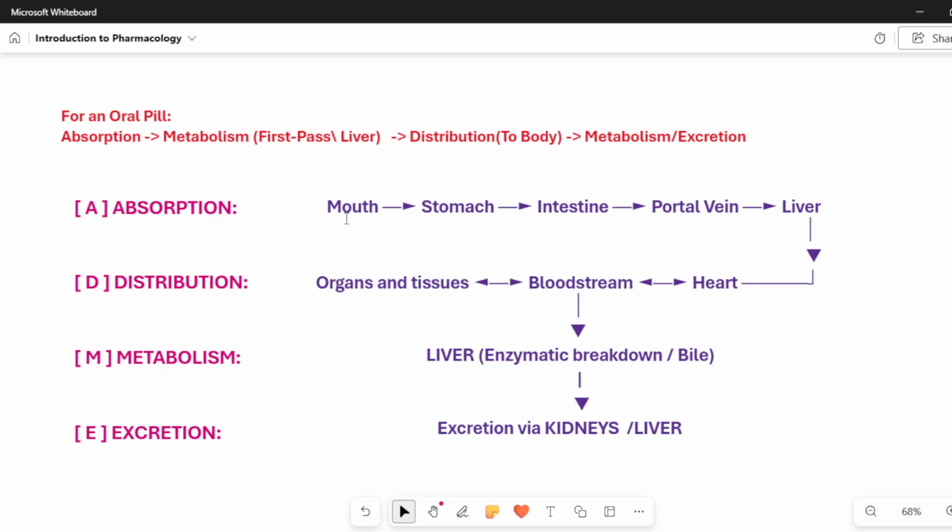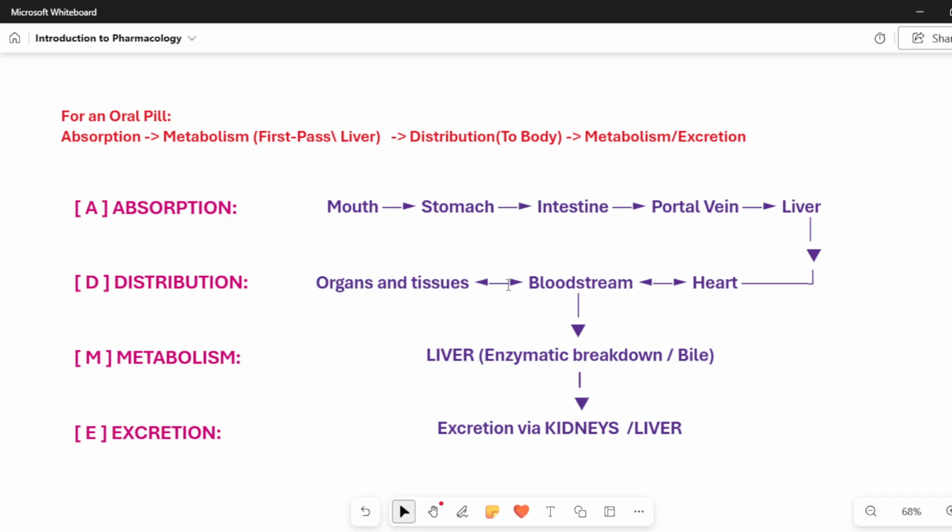See, mouth, enters stomach, intestine, portal vein, the blood vessel which we were discussing, which connects to the liver. From there, the liver does a security check, the first pass metabolism. It sends it to the heart, then it enters the bloodstream and organs and tissues.